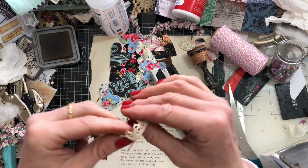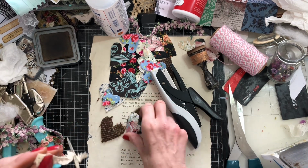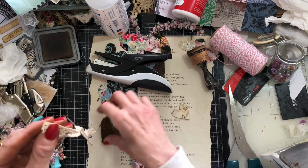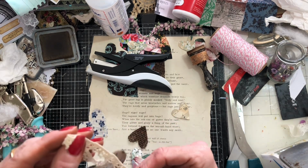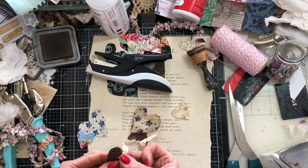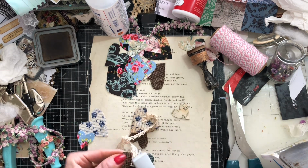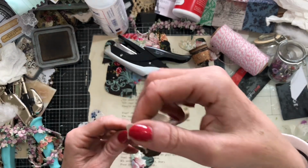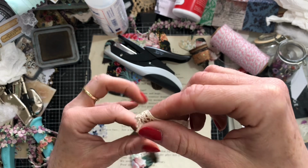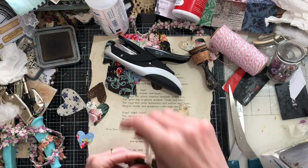And then I'm thinking, to be honest, what we could do is have one of the other hearts just hanging from the same piece of lace. So I've not even cut it down. I've just folded it over. Again, just stapling that like that. So that's our two hearts there. And then for our third one,